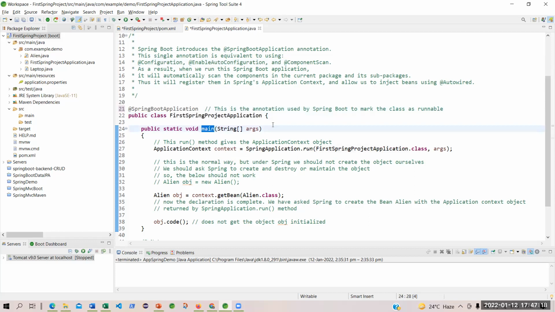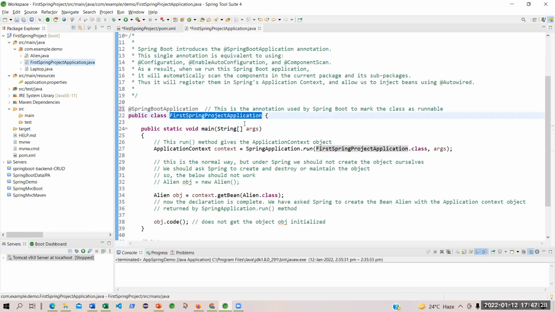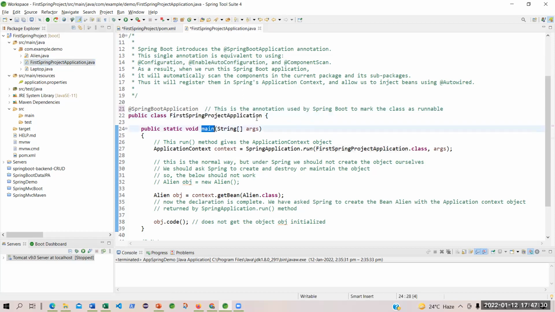That is the entry point. When we execute, we will run this application, this Java file, because this has a main method. And aided by this annotation, it will not need any configuration at all.